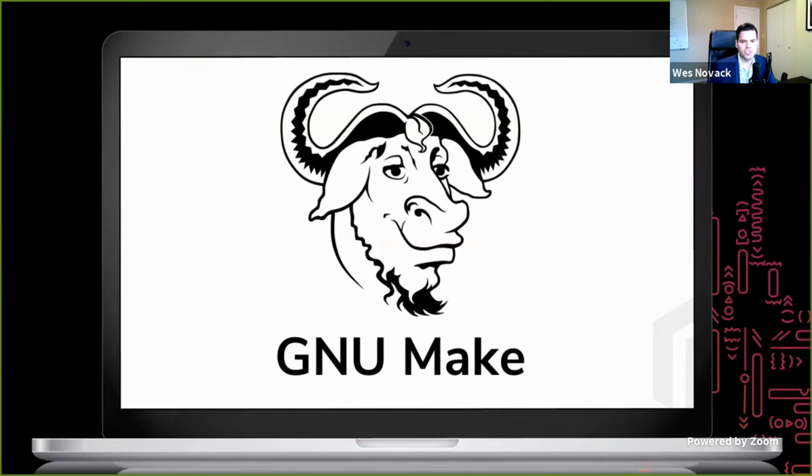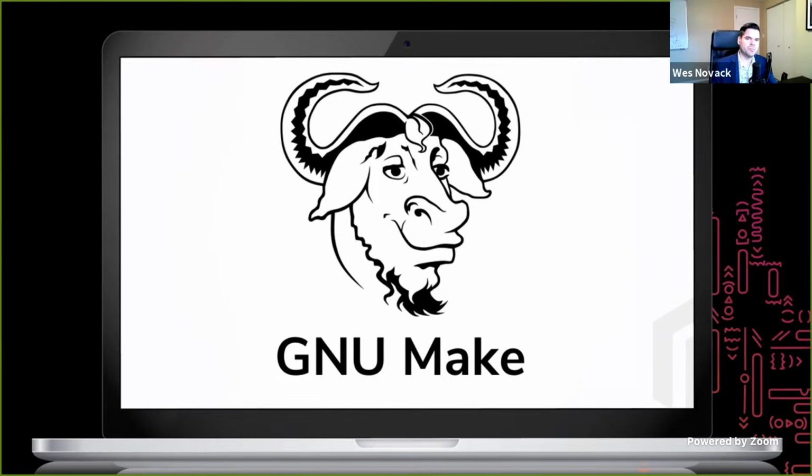So moving on, GNU Make. This is an open source utility. It's commonly bundled in many of the Linux distributions. It was originally created to help with compiling, building and installing software on systems. And it allows you to wrap different chunks of logic into these rule sets and into make targets.